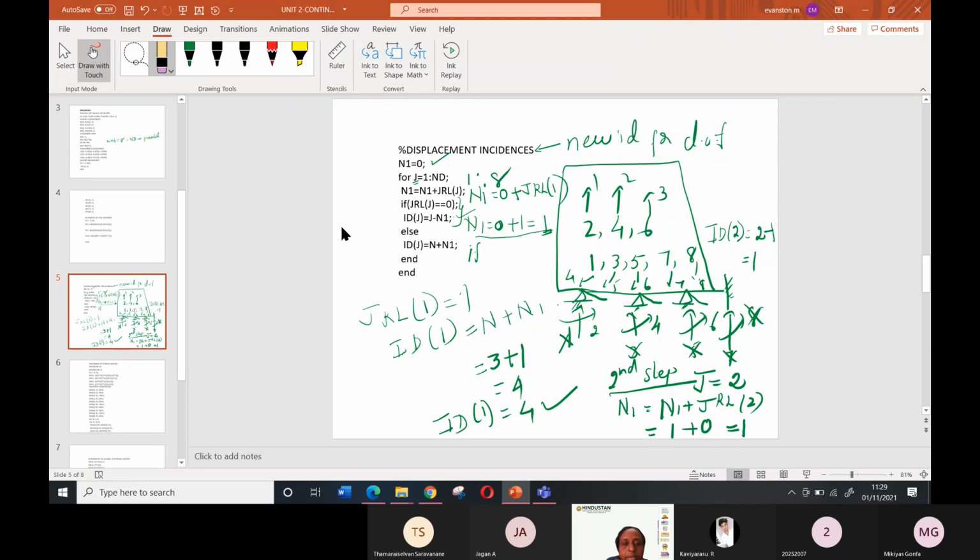So I have put two ends. The purpose is that the program will go from for 1 is equal to 8. That is the end. If it has become 8, then the program will stop here. So this end is for the for, and this end is for the if. If statement is there, and if-else end is one single statement, and this end is for the outer one.